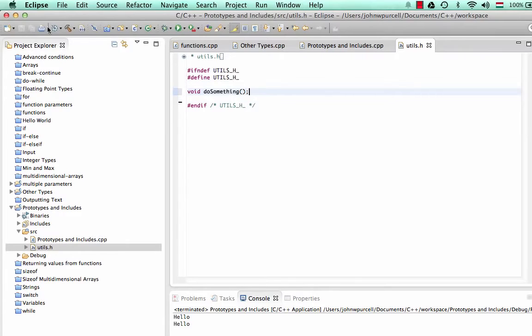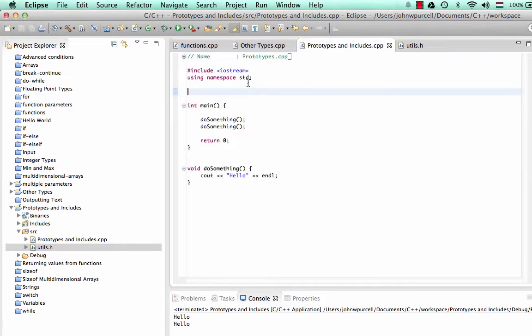Then I can save that. So I'm actually pasting it. You'll see there are lines here: there's a line that says define, and there's a line that says end if, and I'm pasting it between these two lines. So now we go back to prototypes and includes.h, and at the top of the file here, let's put